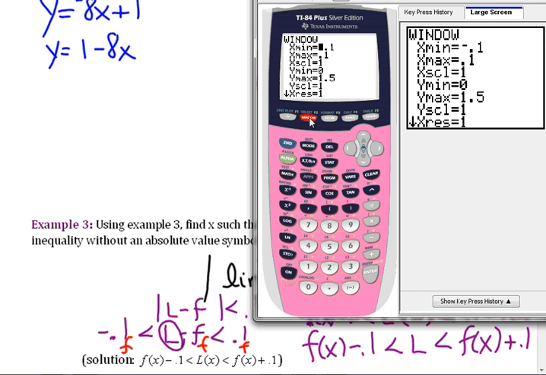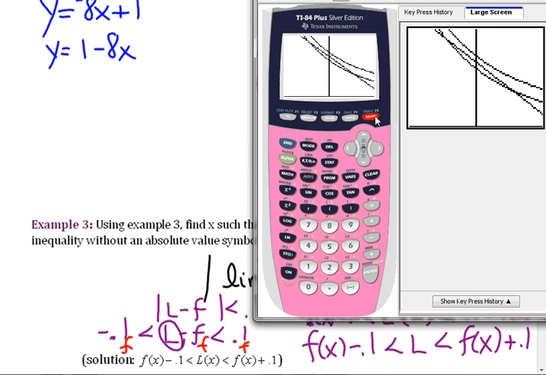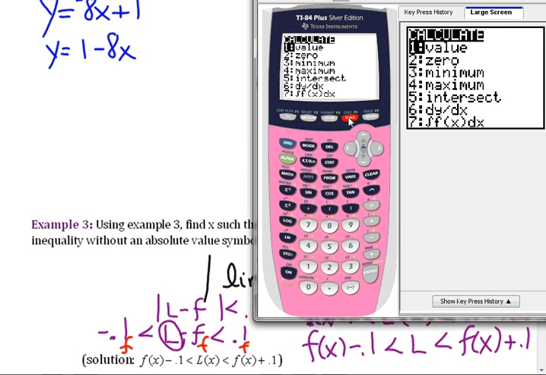Now, why am I doing this? Why do I care? Because it helps us with Chapter 8. Maybe. Sure. Okay, so we want to find what? Where these intersect and where those intersect. Now, honestly, if I'm on an Inspire, it's probably a lot easier. So second, calculate. I haven't done it on Inspire, but